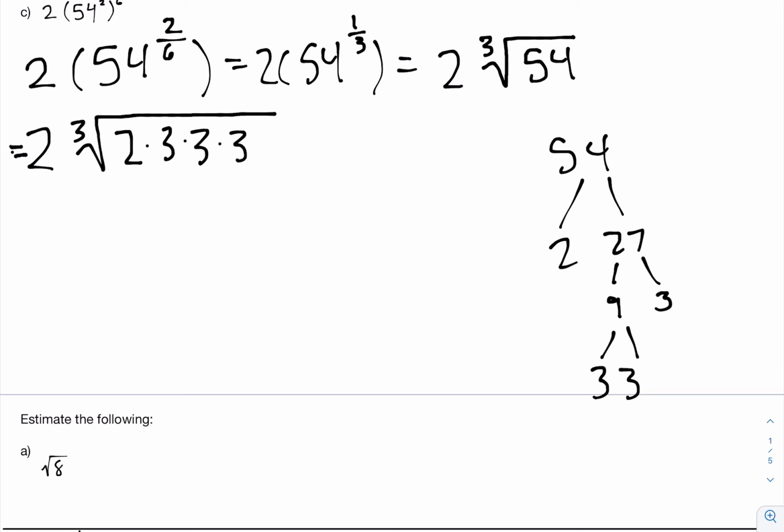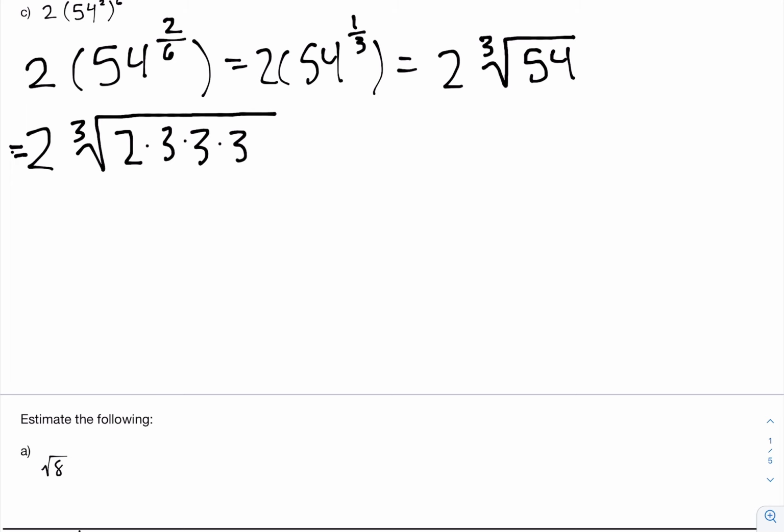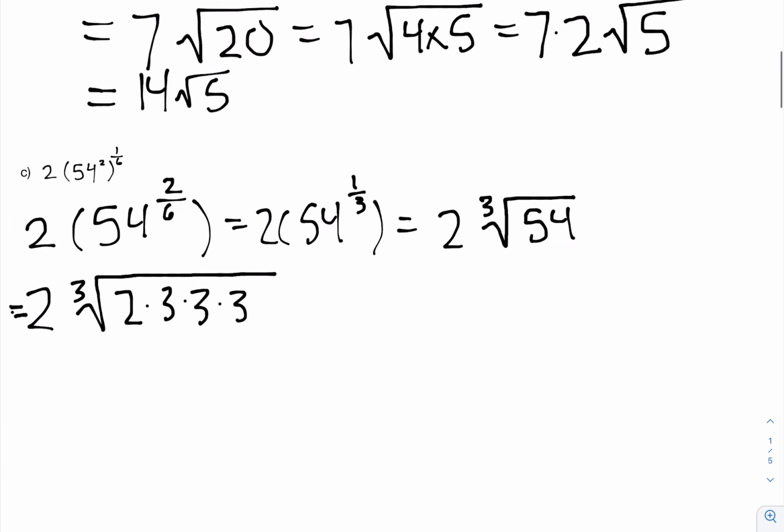Okay, we're good. So the cube root of 54, anytime we have the cube root of something, we're looking for groups of 3 for factors that kind of make up the number. So I see right here we have 3 3's. If we're cube rooting it, our index is 3. 3 3's is the same as 3 to the third power. Remember, cube rooting, raising to the third power, this is the same as 3 to the 1,